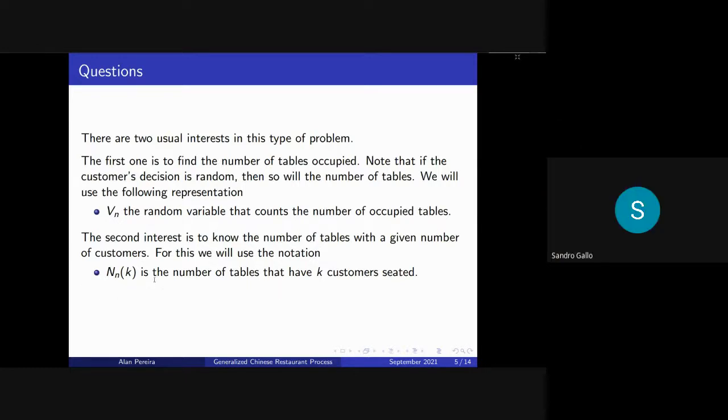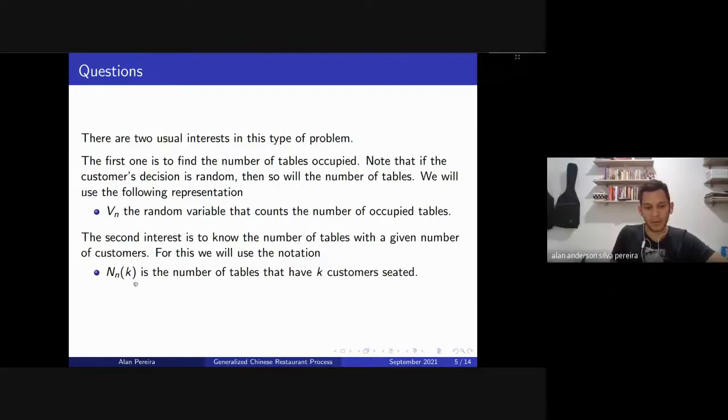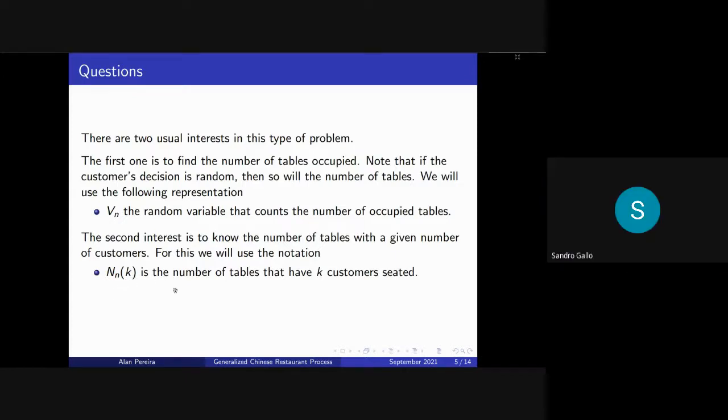Just to be sure, at this level, Vn, we can see Vn as a non-decreasing process, increasing by one unit at random times. Something like that. Exactly, keeping the same value and then increasing by one and so on. And in fact, it can be not only increasing: it can increase or decrease, because if some people enter a table and this table has people, okay.